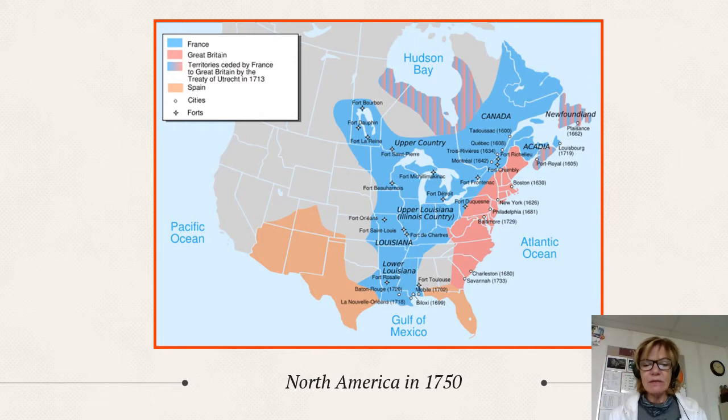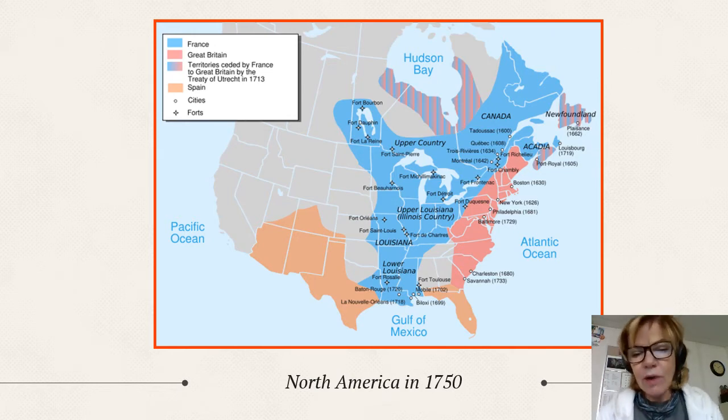Okay, so in 1750, this is what the North American continent looked like. France is in the blue. They've got all that territory that was claimed by Robert La Salle and other Frenchmen as they came through, so the whole Great Lakes, everything there. The British have what's in pink along the eastern seaboard with the 13 original colonies. The territory to the south, in Texas, Arizona, New Mexico, Utah, that area, and Colorado, is controlled by the Spanish, and also Florida.